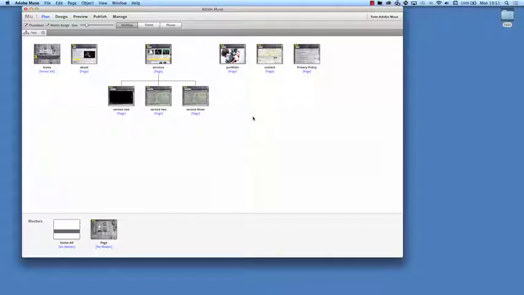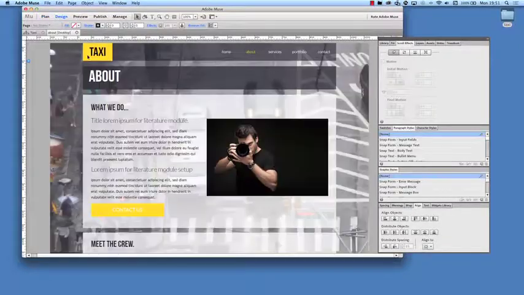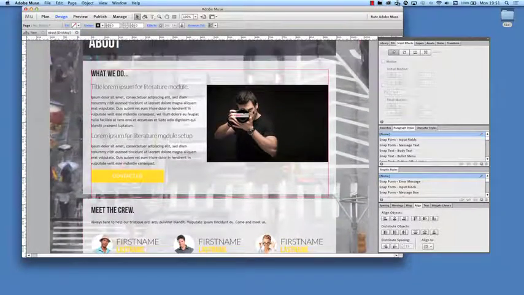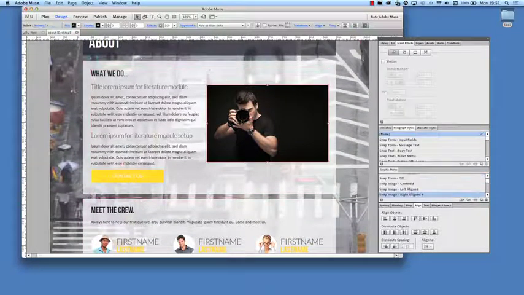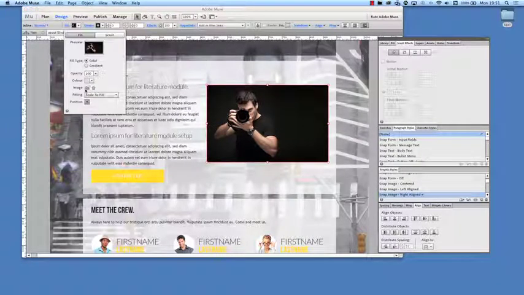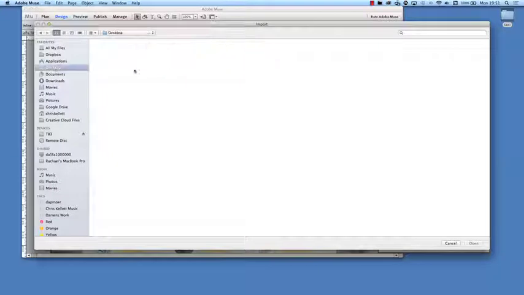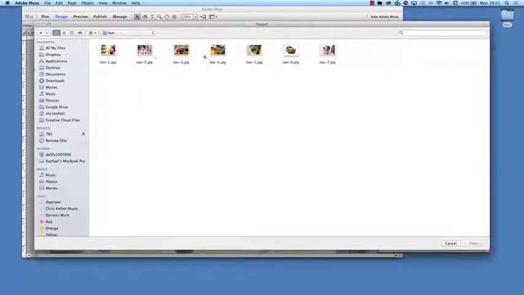Okay, so let's start changing out some of the content. First of all, we're going to go to the About Us page here, and we're going to change out some of the images here. So this image here, we click into it, and we can see that it's actually a background fill. Now the reason we use that is so that we can scale the images in place and sort them out easily. So if I choose this image, I'm going to go to my desktop and I have some images prepared. I'm going to choose this one,